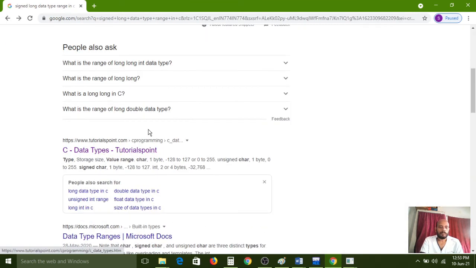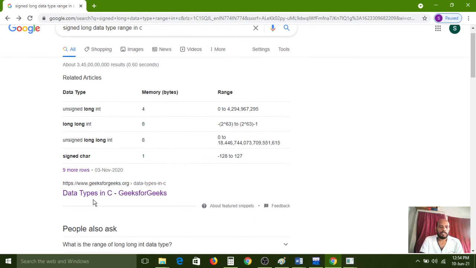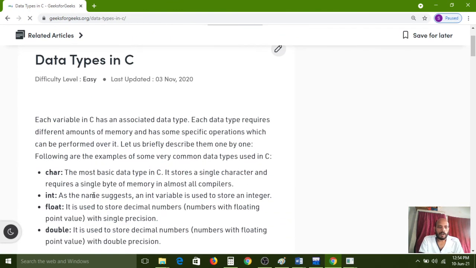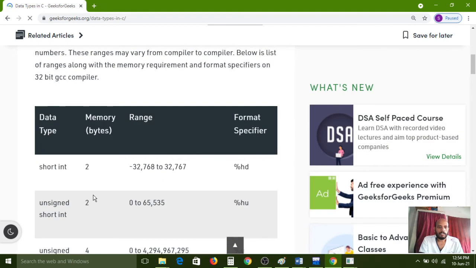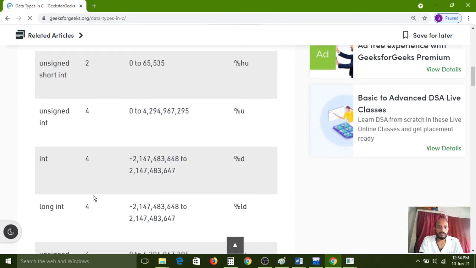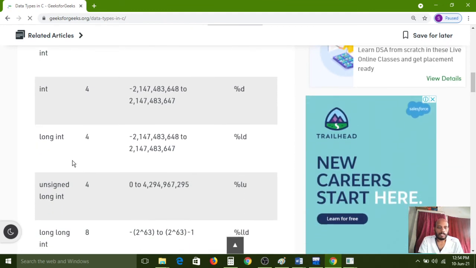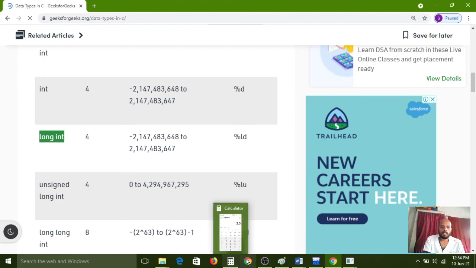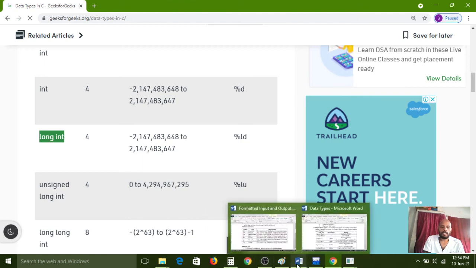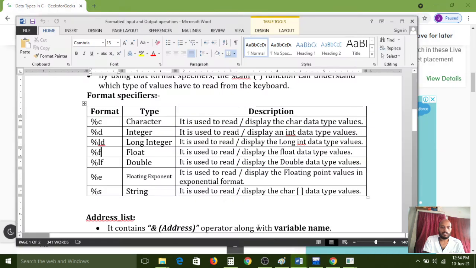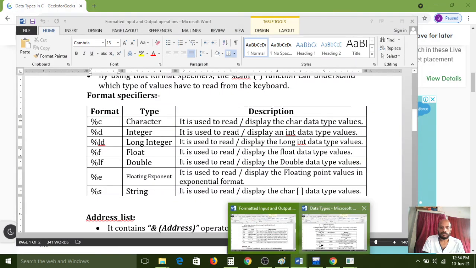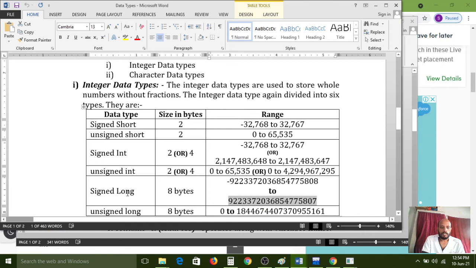And I want to change the long data type range. Yeah, into long int. Long int. Yeah, signed long.